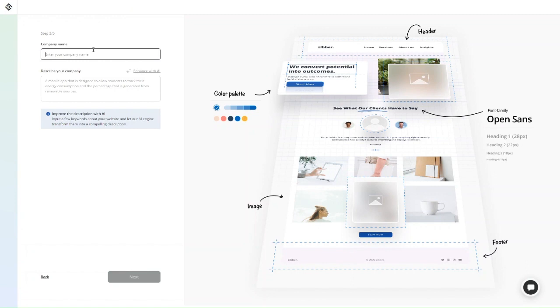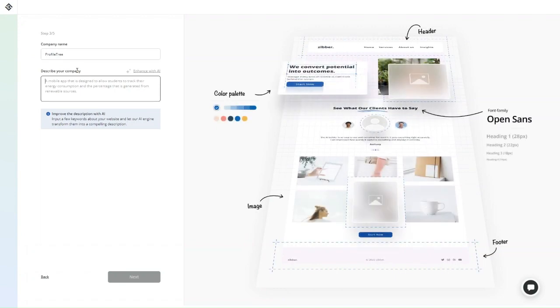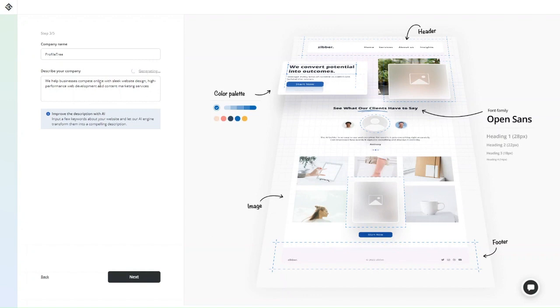The next thing you want to do is write your company name. And now you want to describe your company. This will help input a few keywords on your website and let your AI engine transform them into a compelling description. What you can actually do is enhance it with AI as well. So type in a brief description and then click on Enhance with AI to enhance the